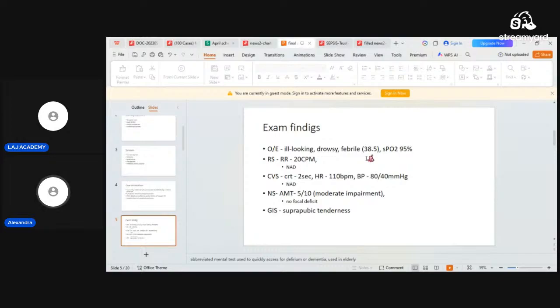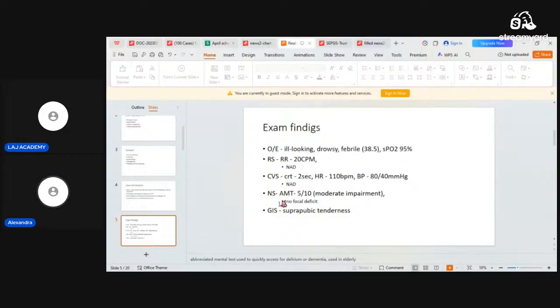On cardiovascular examination, she had a capillary refill time of 2 seconds. Heart rate was 110, which is tachycardia. Blood pressure was 80/40 millimeters of mercury. That is hypotension. Aside from this, there was no abnormality detected with the CVS system. I forgot to mention that this patient was found to have cool extremities as well on physical examination. For the neurological system,